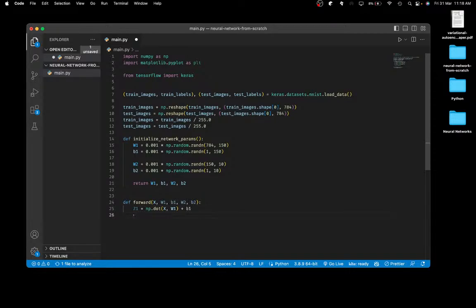So we have a z1, and then for a1 we just need to apply our non-linearity. So in this case we need to code out the non-linearity. In this case we're going to use the ReLU activation function, so we have to code that out. So we can just do a define ReLU,